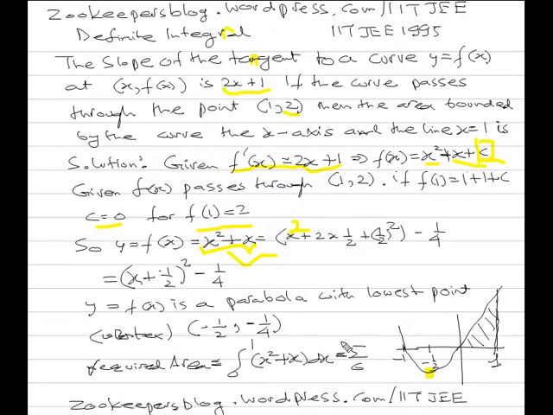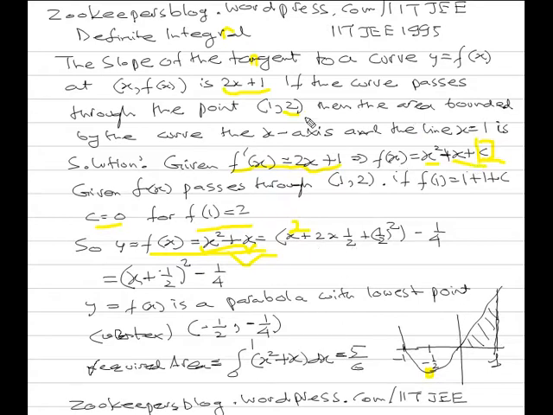Now the required area, that means we also know that f(x) is passing through 0, because we just now saw that f(x) is x square plus x, which means x is equal to 0 satisfies this equation, so it passes through 0, and we also know that it is a parabola.